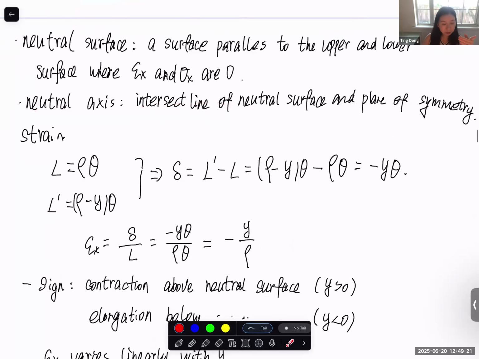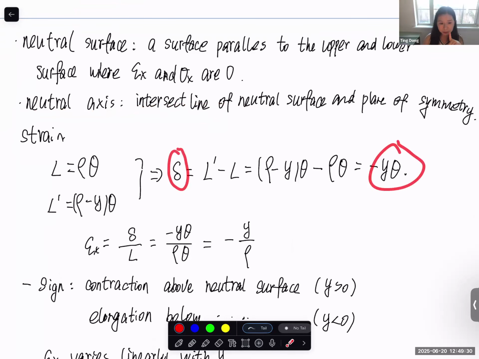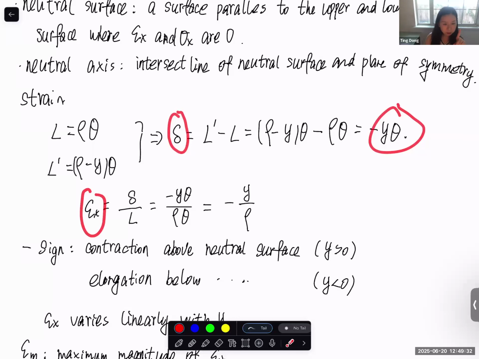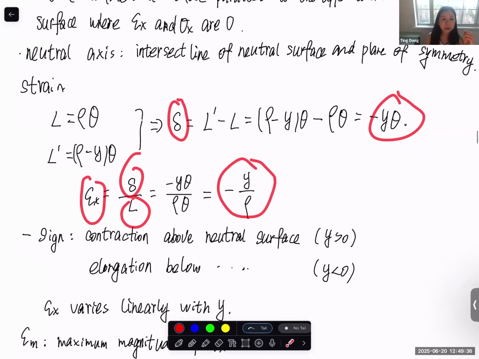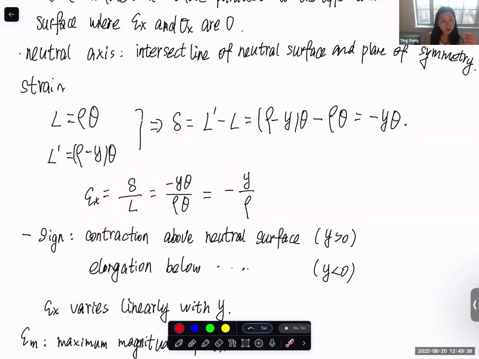And based on the strain definition, we have delta at different points equal to negative y times theta. So the strain equals delta over the original length, so equal to negative y over rho, where rho is the radius of